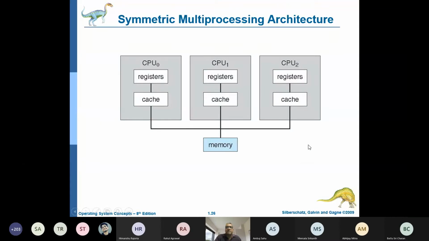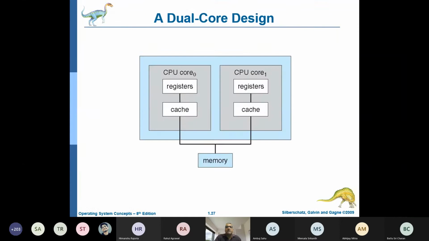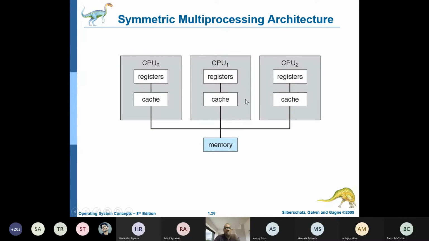And there is another way of configuring the multiprocessor system, where in the same chip there are 2 processors, both housed in the same chip. This is the same chip, and within the chip you have 2 CPUs. Again, each CPU has its own registers and cache, and both of them access the main memory. And here the difference between these two is that in the first case,